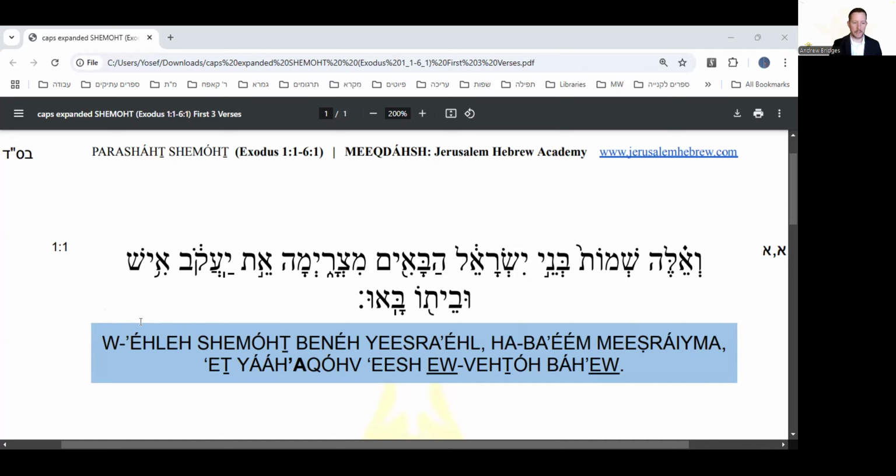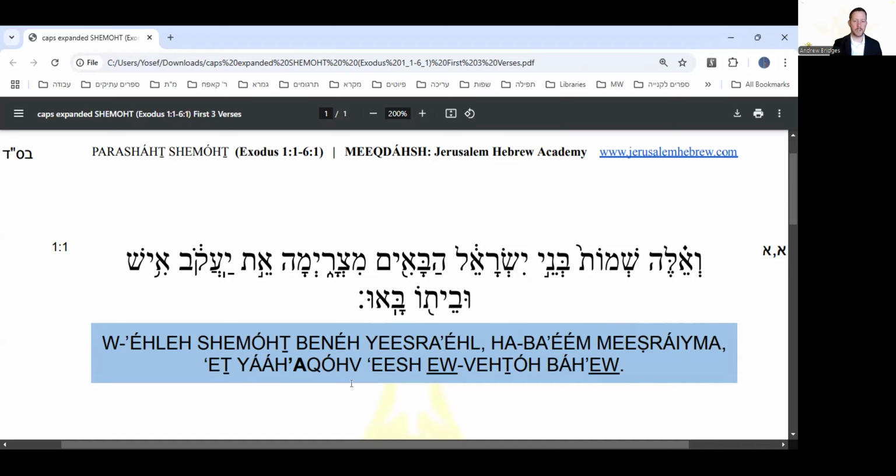Wa'el, wa'el. If you notice the accent symbol over the E, that lets you know that you accent this syllable of the word. Wa'el, shemoth, shemoth. Bene, Bene, Yisrael, Yisrael, Habbaim, Habbaim, Misraima, Misraima, Eth, Eth, Yaakov,